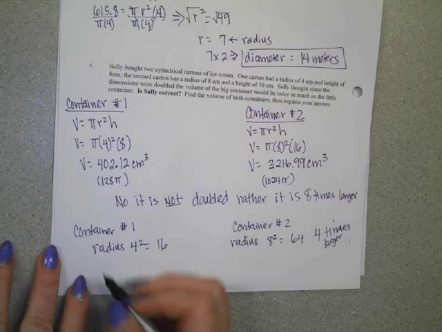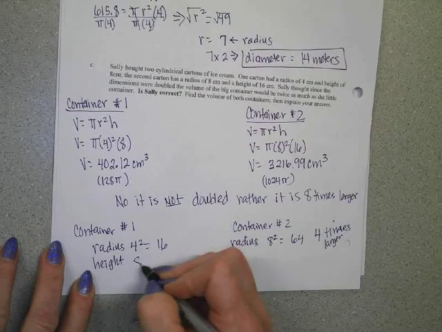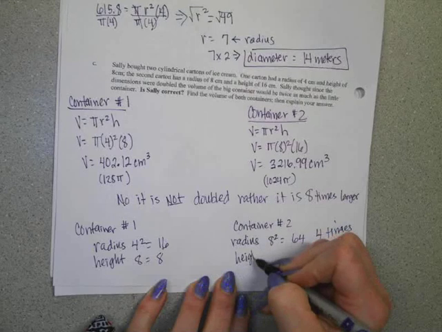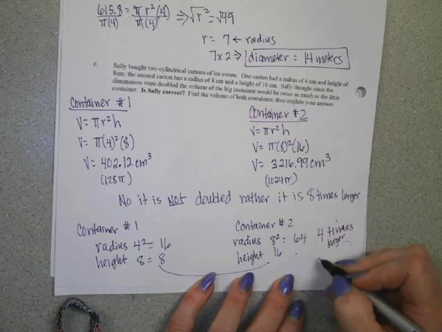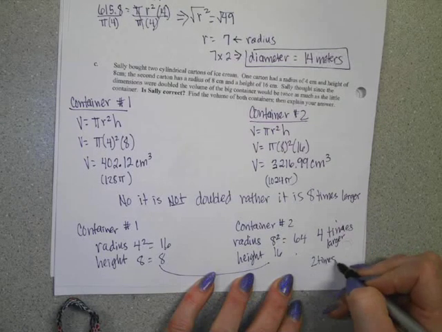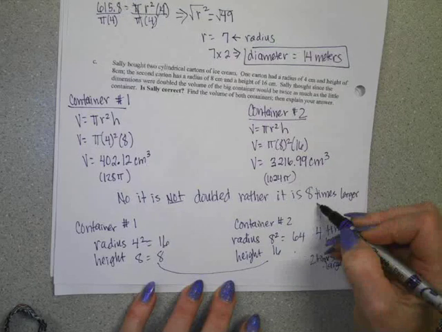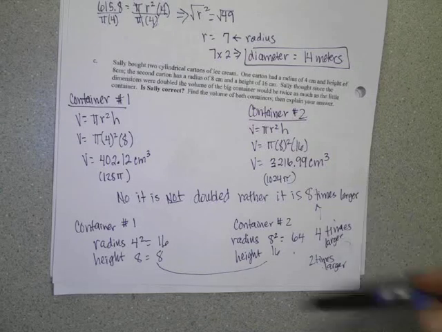And then if we have our height, the height was 8, and then the height changed to 16. So from 8 to 16, that's 2 times larger. And 4 times and 2 times larger will make that 8 times larger. So you're going to do a couple of problems and think about this idea, and the scale